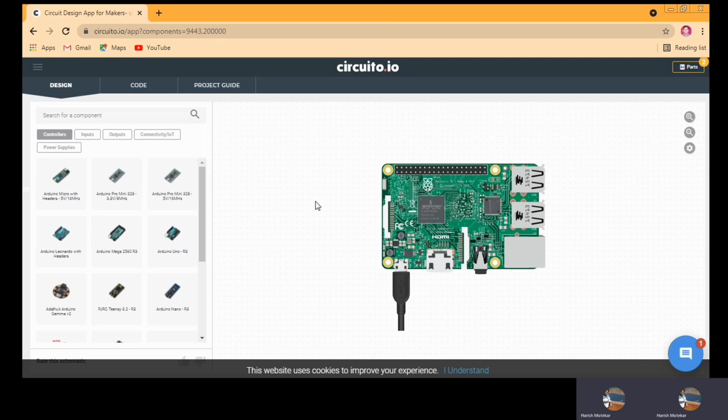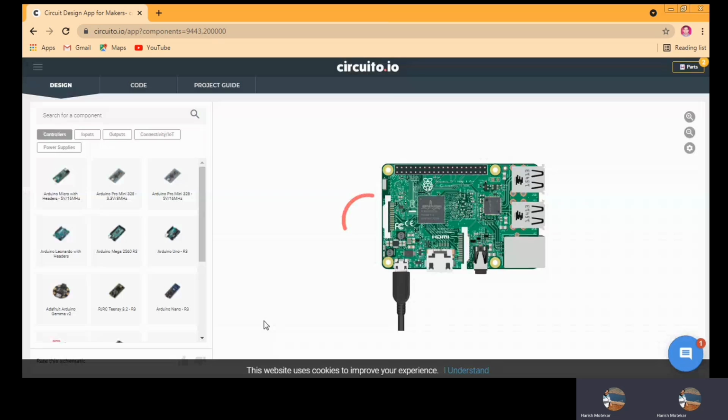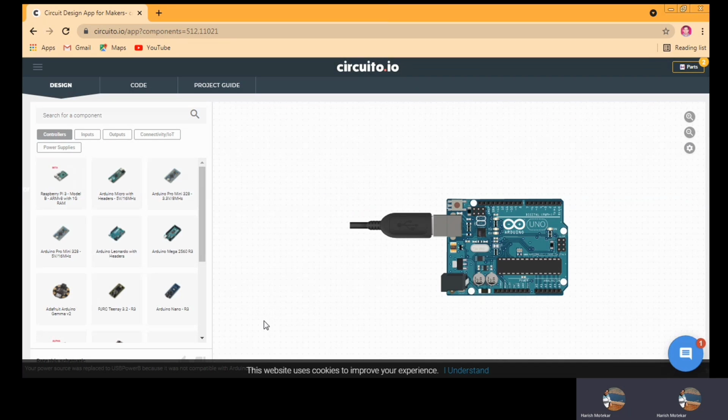Suppose I am using this. Let us switch again to Arduino Uno. If you want to switch back to Arduino Uno, you need to click on Arduino Uno. It will again ask you about swap, so we can swap. Okay, it is swapped with the Arduino.